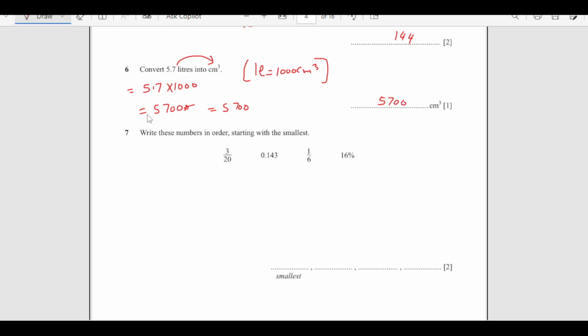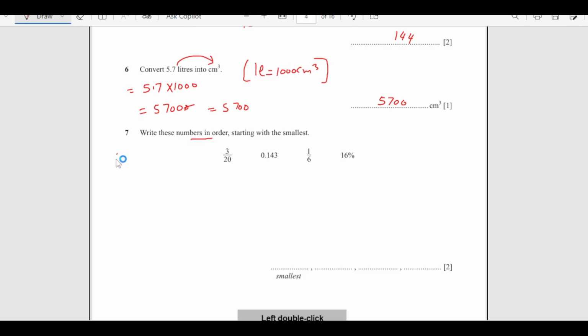Right? Now next question, write these numbers in order starting with smallest. So you can see we have these numbers here, all are, this is fraction, this is decimal, fraction and percentage. So it's better if you convert all of them into one form. So I think it's easy to convert that into